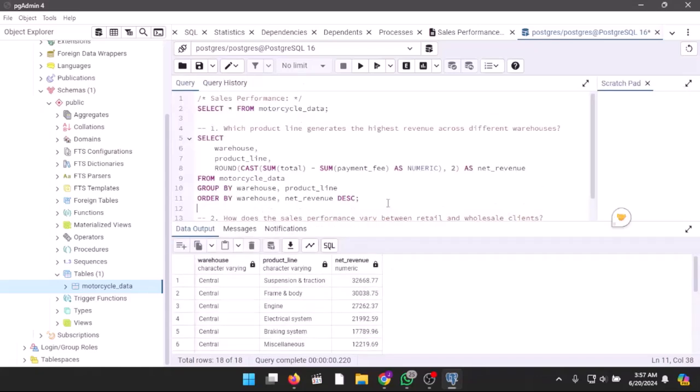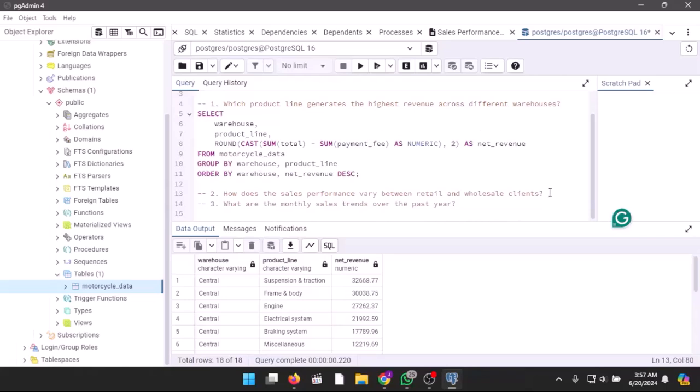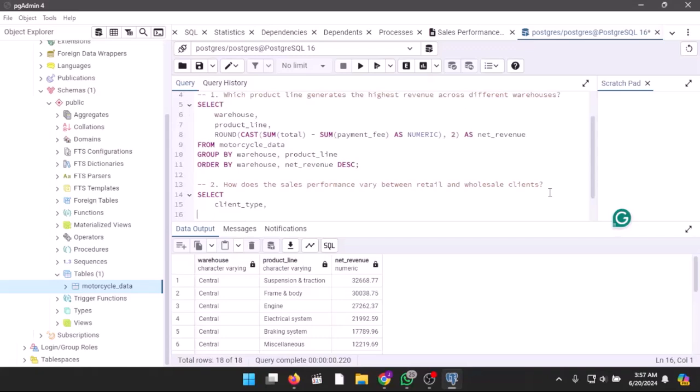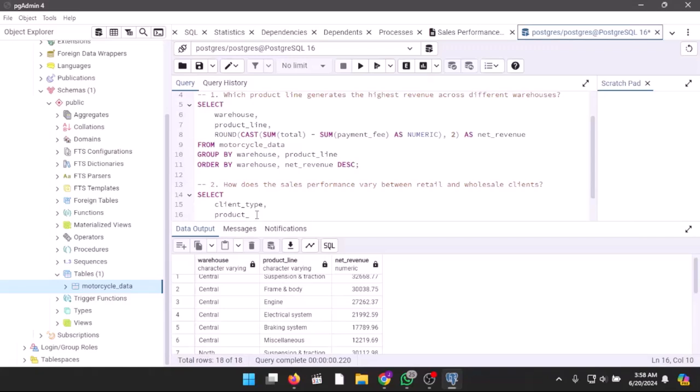So we move on to the second question, which says that how does sales performance vary between retail and wholesale clients? So with that, I went on by selecting my client type. Now let me say that the client type is the part of the data set that talks about whether the purchase was done in retail or in wholesale, followed by my product line